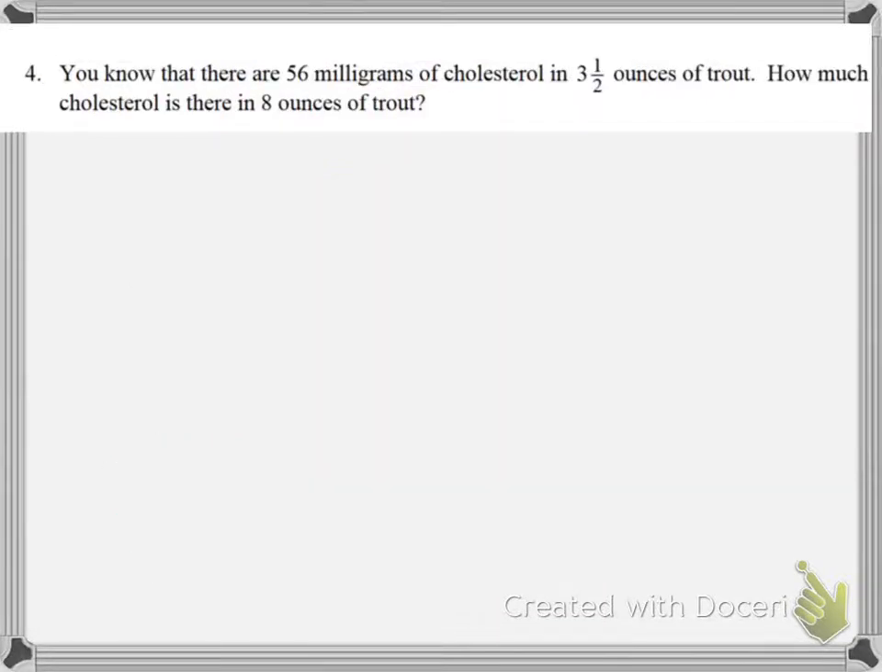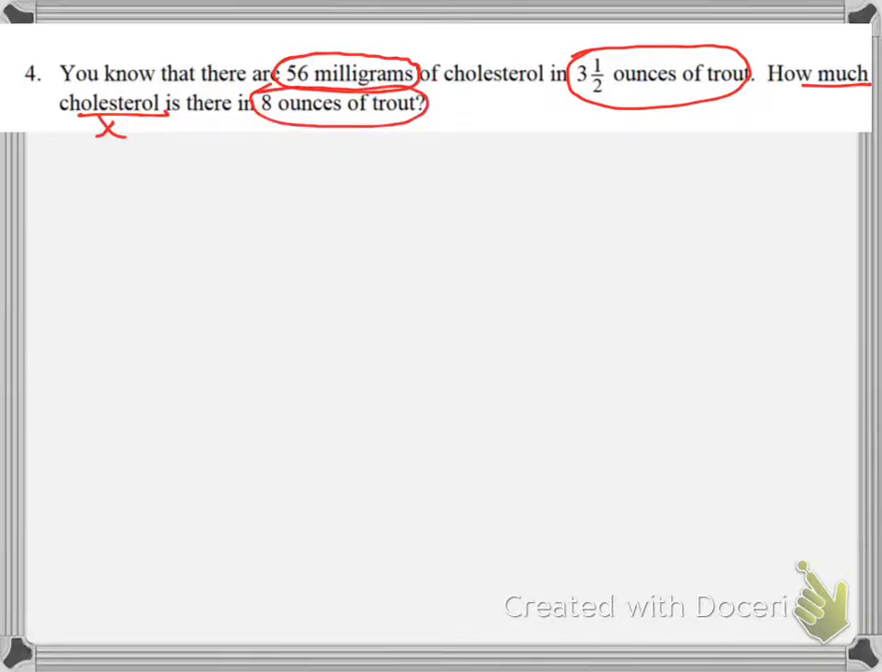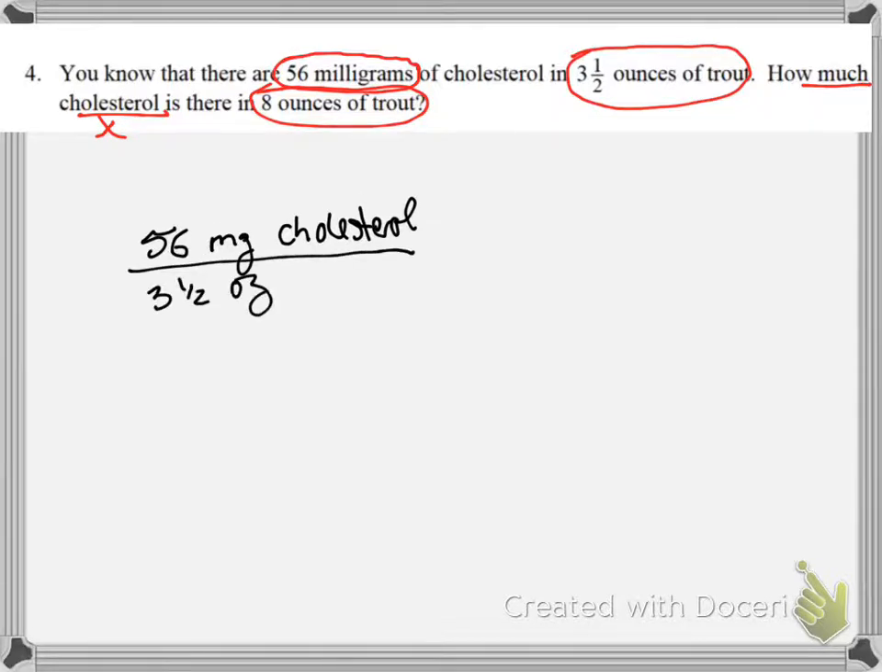Okay, it says you know that there are 56 milligrams of cholesterol in 3.5 ounces of trout. Then it says how much cholesterol, we'll call that X, is there in 8 ounces of trout. Okay, so again, we're going to set up our proportion. So we have 56 milligrams of cholesterol over 3.5 ounces of trout